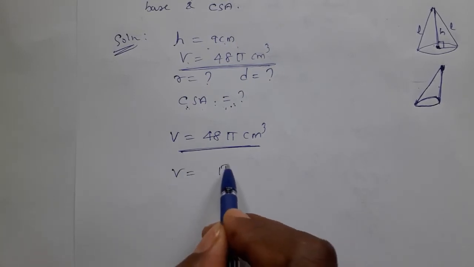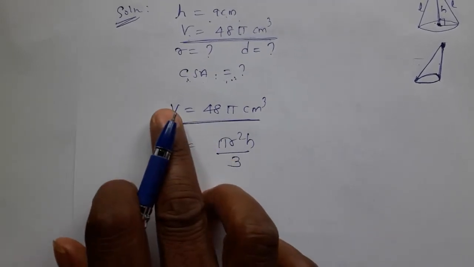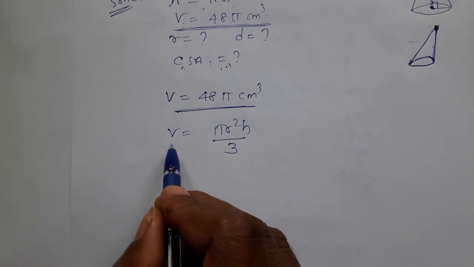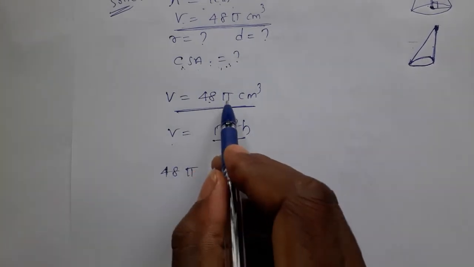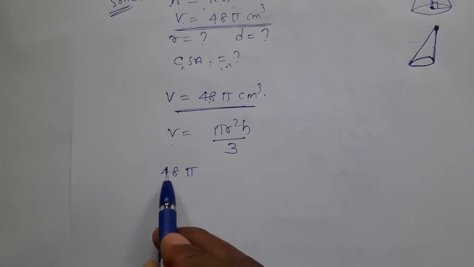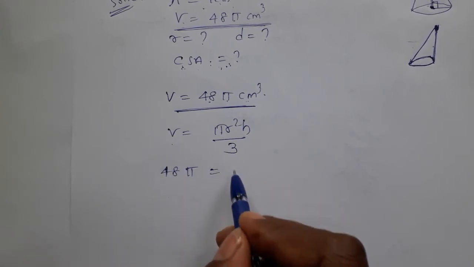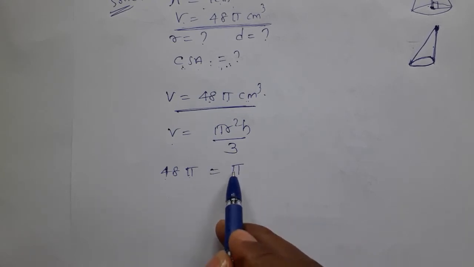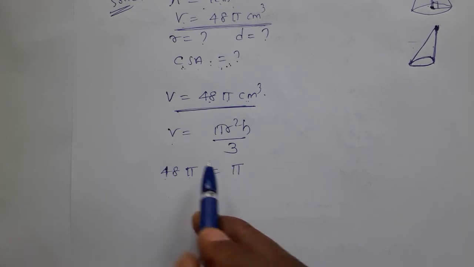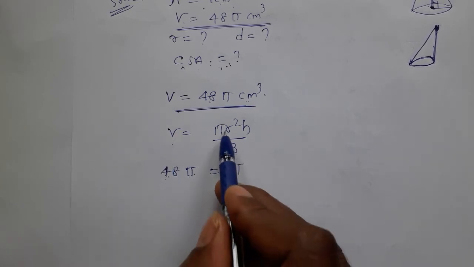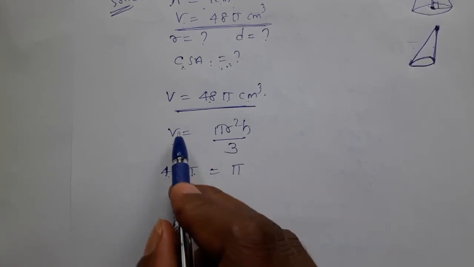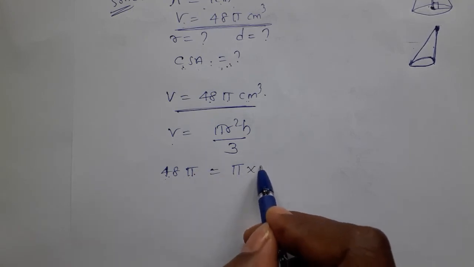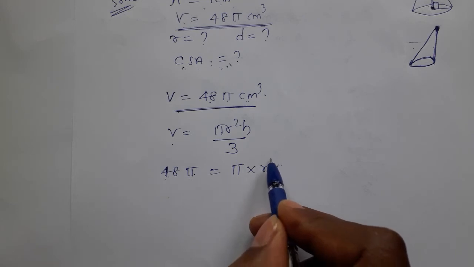Volume is pi r square h by 3, isn't it? Volume is given, we will use that formula because in that, given the clue, some unknown we will get. Volume is 48 pi centimeter cube. Unit just leave it during the calculation. Volume 48 pi. Pi as it is, right? Because this side is already given in pi, so no need of substituting the pi value. Don't write 22 by 7 because volume is given in terms of pi. If you write this pi as it is, you can cancel easily. If volume is not in terms of pi, then you can use 22 by 7 on the right hand side. Into radius, how much? It is not given, so write r square only.